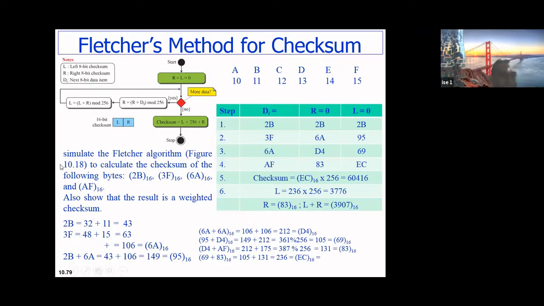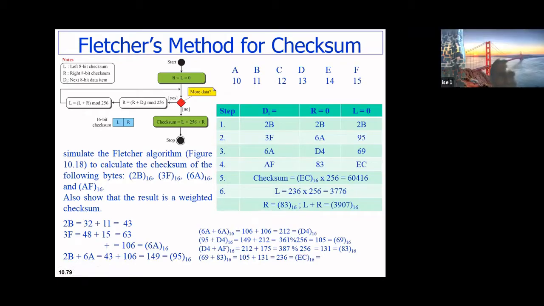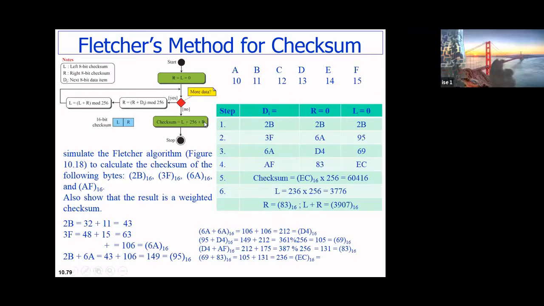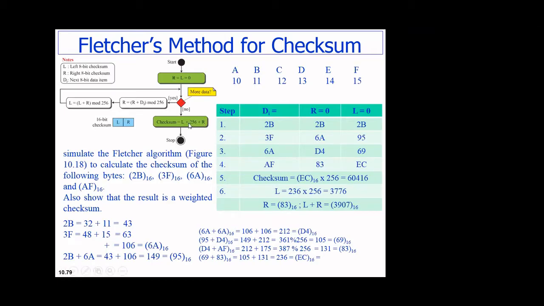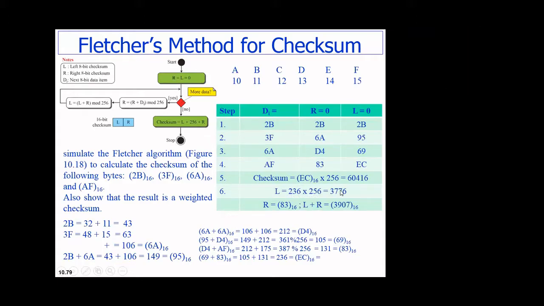So for checksum, we have to add L into 256 and plus R. Anyone is having any doubt in this? Sir, we have to add R before dividing by 16, no, sir? No. First, whenever we solve in data structures, you will take first priority, which is multiplication. So left priority will always be this multiplication. Whatever multiplication result is there, we have to add that with R. You got the idea?